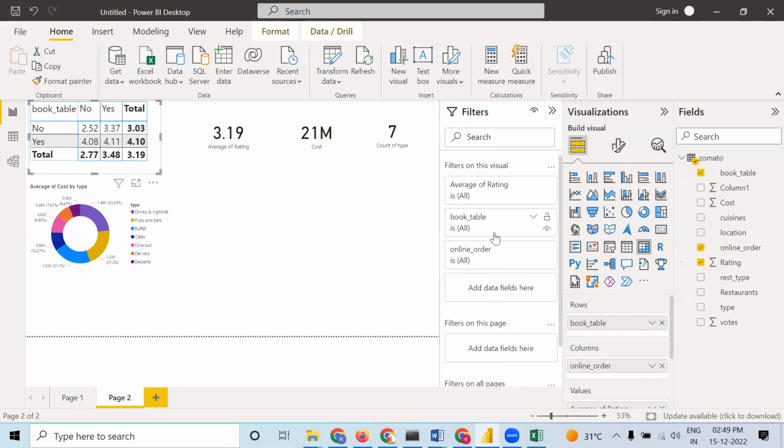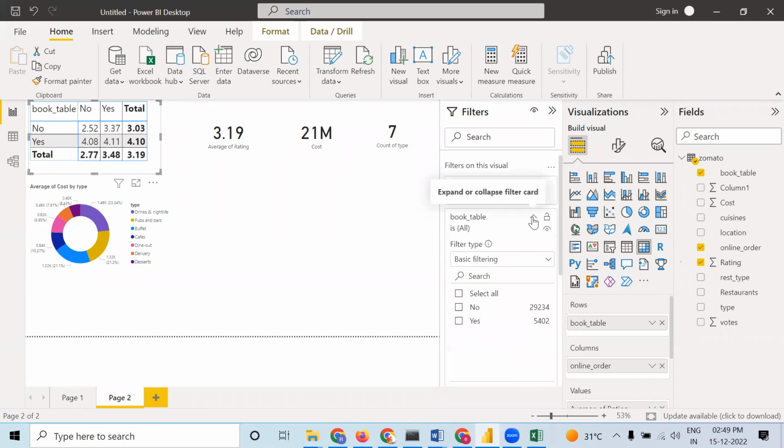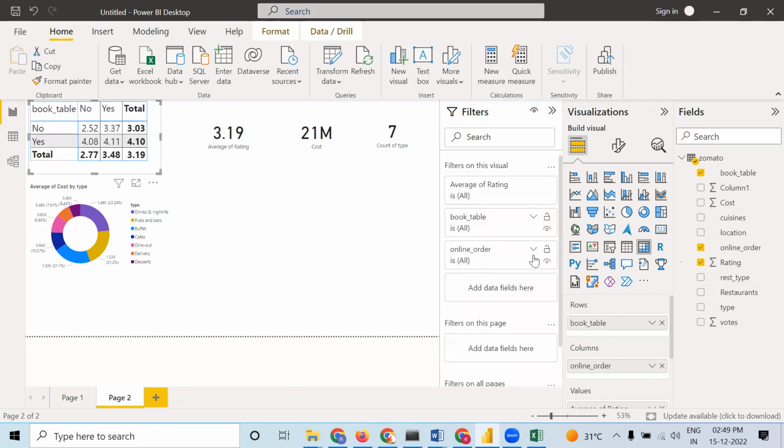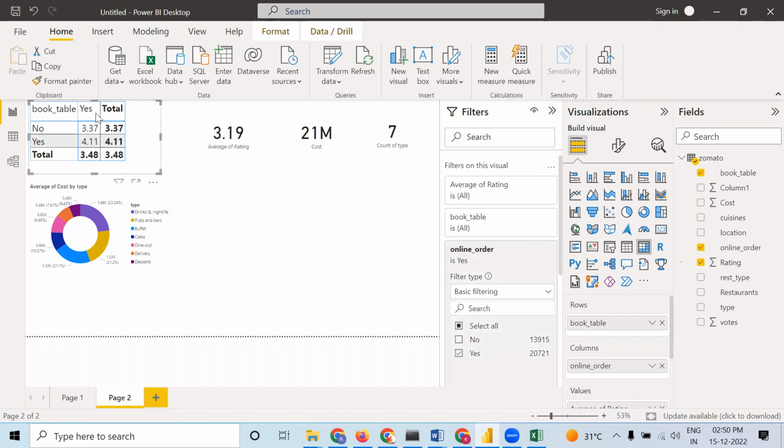In the variable itself also I can put some filter. 3 variables are there, right? In these 3 variables, if I want no here itself, I can choose no, so only no will appear. Similarly, in case of online order, if I want yes only, I can choose yes. So only yes is appearing. So like this, you can apply filter on the